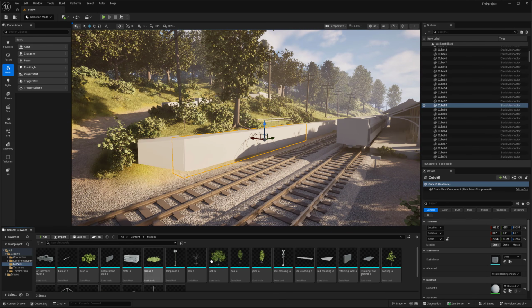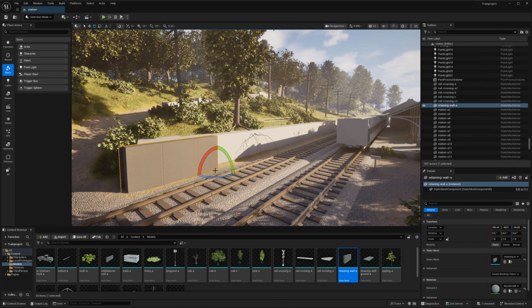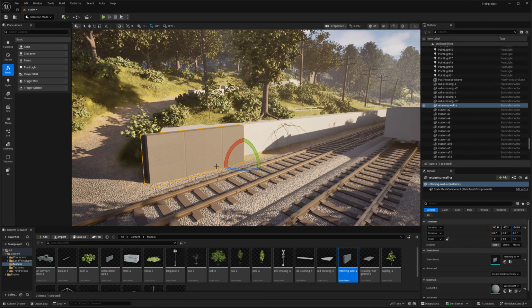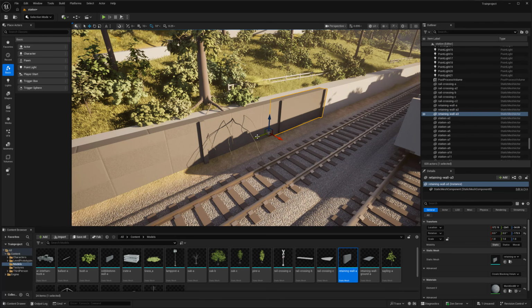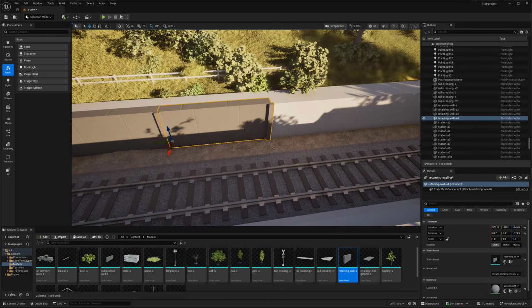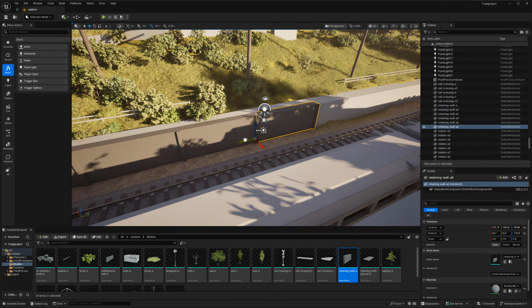Hey everyone, my name is Peyton and this is part 7 of a series where I'm building a train station inside of Unreal Engine 5. In this video specifically, we will be covering doing some modeling as well as some texture replacement,